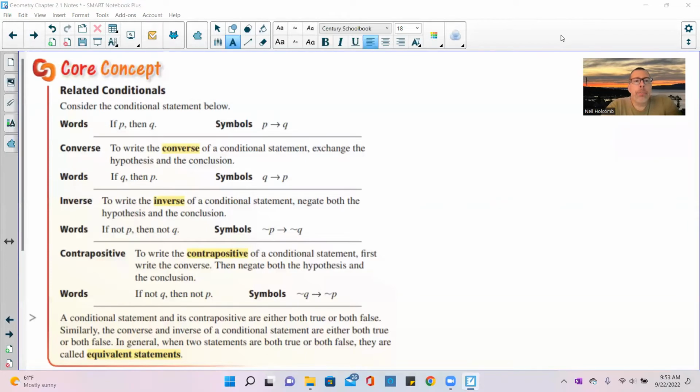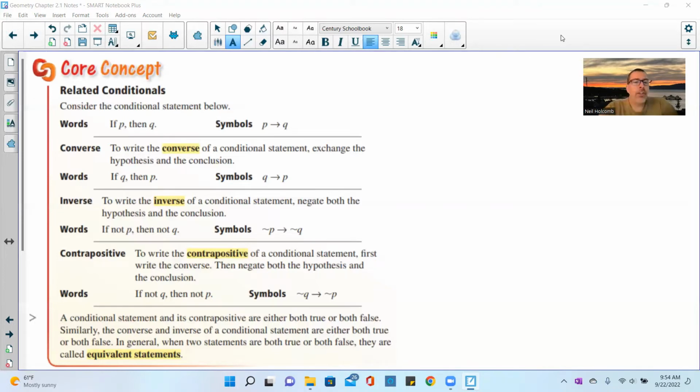Okay, so here's another core concept, related conditionals. Consider the conditional statement below. Words: if P, then Q. Symbol: P arrow Q. The converse: to write the converse of a conditional statement, exchange the hypothesis and the conclusion. The way I try to get students to remember this is to think of Converse sneakers. Put them on the wrong feet. Take the left shoe off, put it on the right foot. Take your right shoe off, put it on your left foot. That's converse, switching the P and the Q. So in words, it'd be if Q, then P, and the symbol would be Q arrow P, meaning Q implies